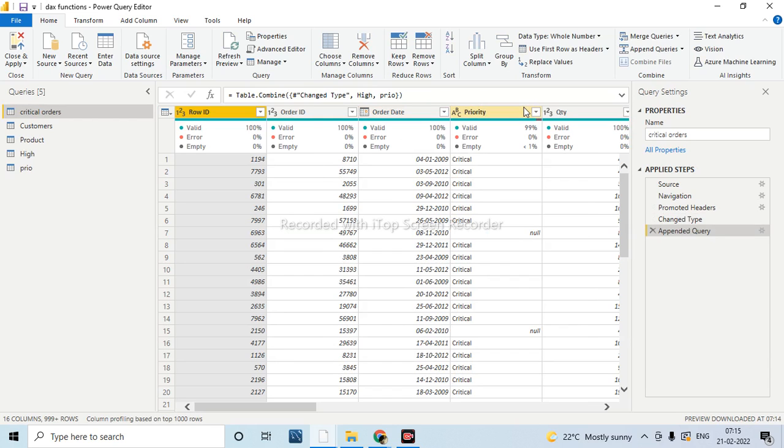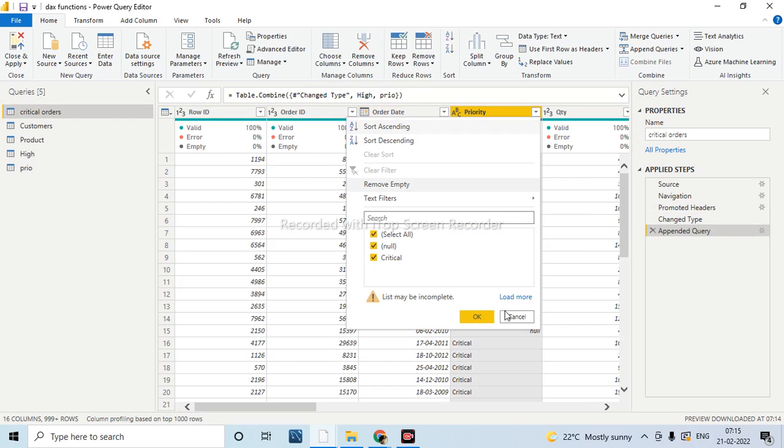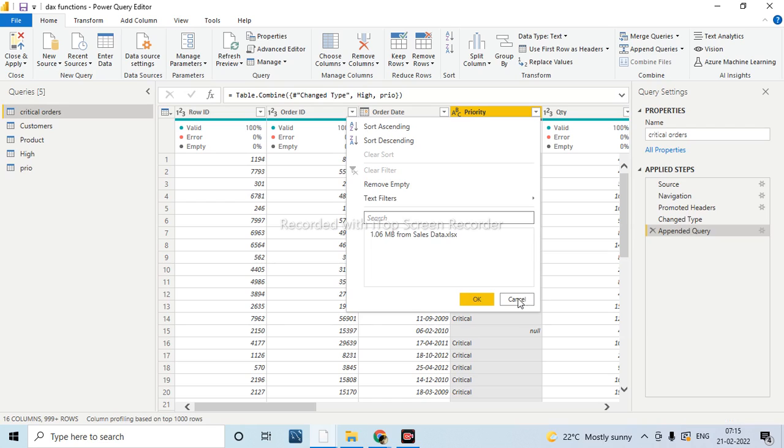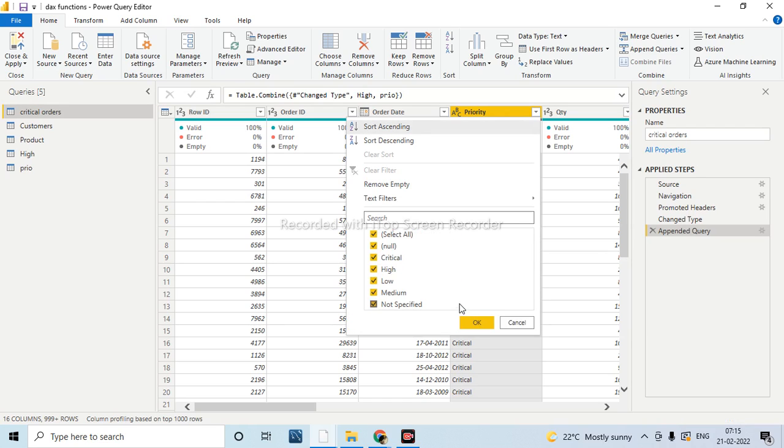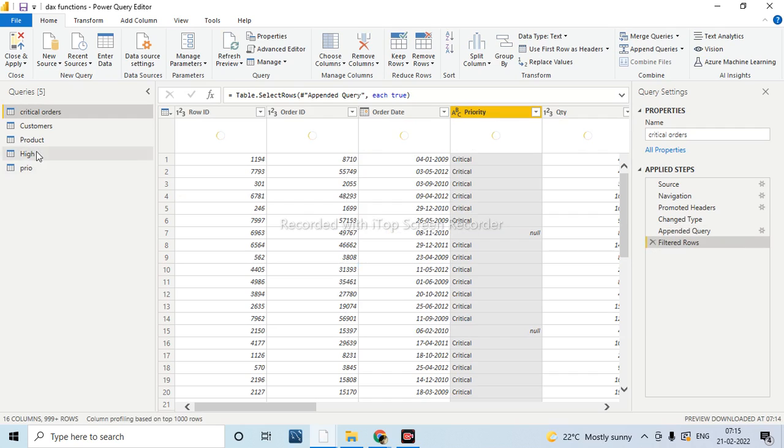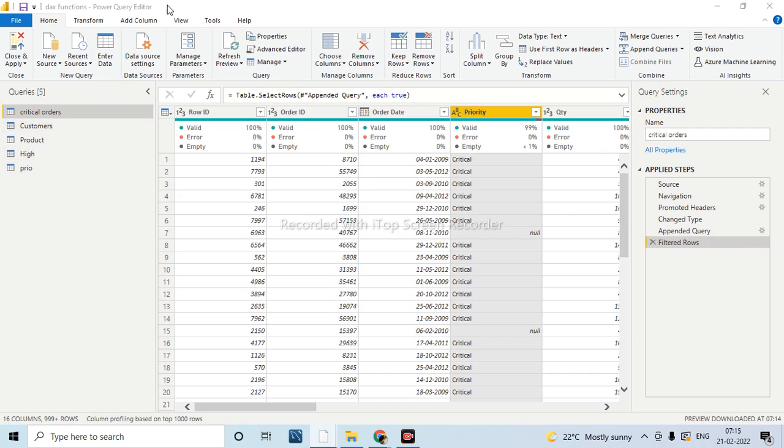Now if you see in the priority here, you will have all the priorities. See, now we have everything, right? As we saw earlier when we were discussing the Power Query editor, when we have appended this complete information here, we may not need to load these two tables again.